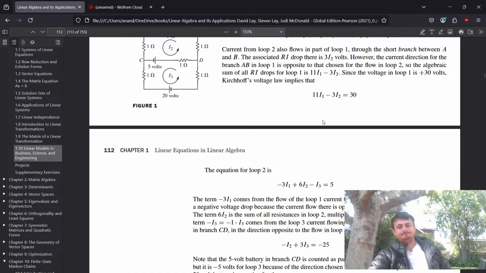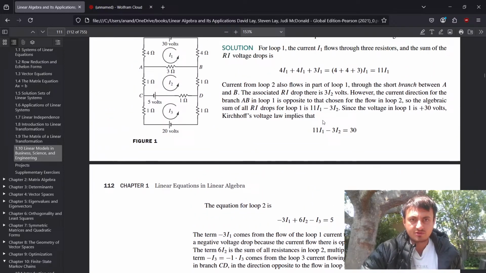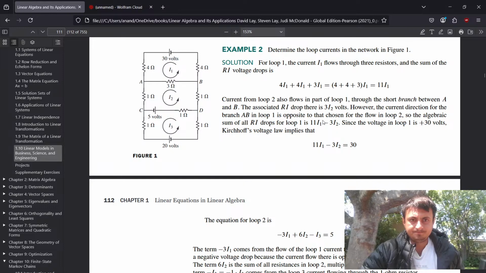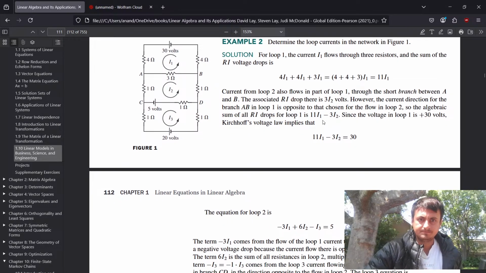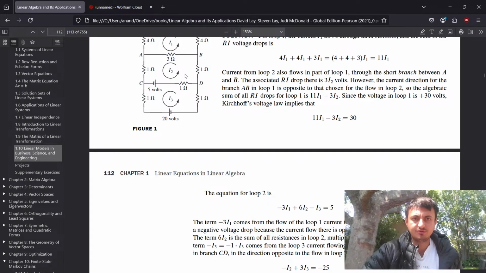Okay, and then we get the equation number 2. 2 is going to be 1, 2, 5, 6. It's going to be 6I2. Yeah, minus 3I1. And then,